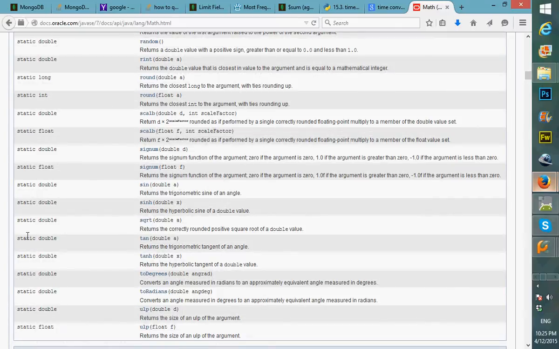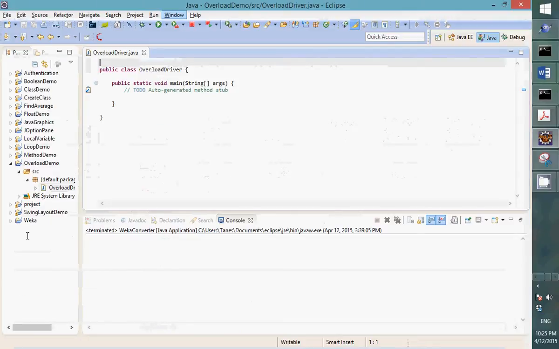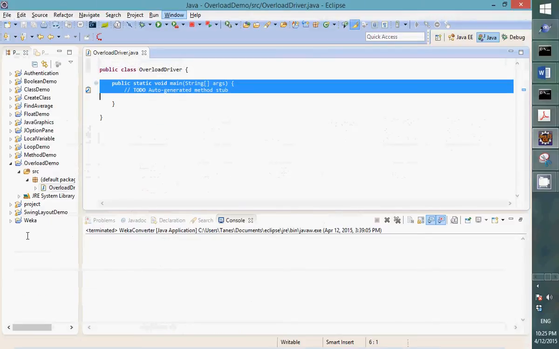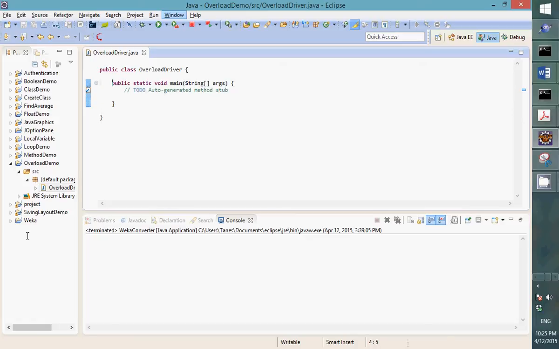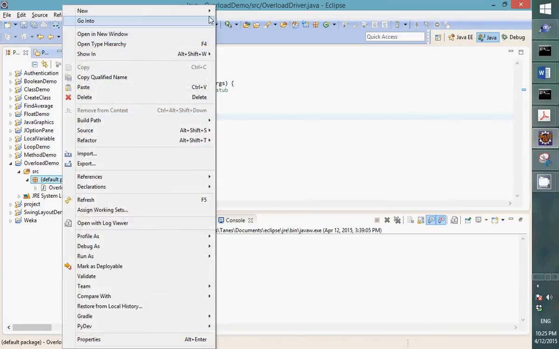Square root is static. So let's look at, if I want to create a static method, actually we've been creating that when we do public static void main. So your main is a static method. Okay, you can also create your own static methods, and we've been doing that when we talk about the methods. Okay, but we may never have noticed that we're creating static methods, right? So I'm going to create an overload class,